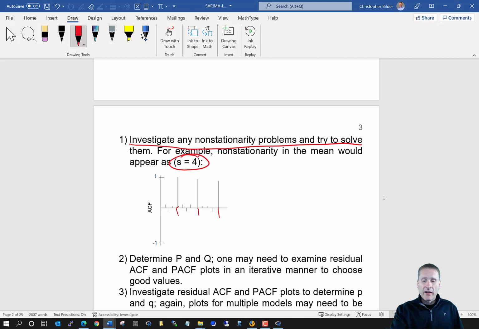That would tell me then that I need (1 minus B raised to the 4th power), that whole quantity raised to the 1. Once you have taken care of all the non-stationarity problems, and you can have non-stationarity both with respect to the season and non-season at the same time,